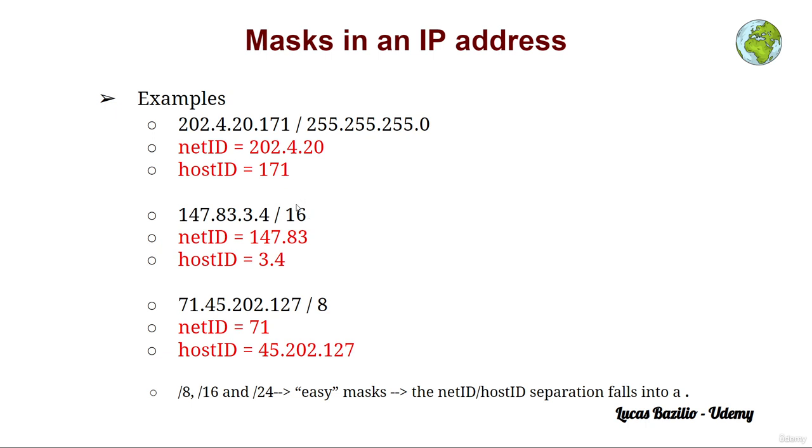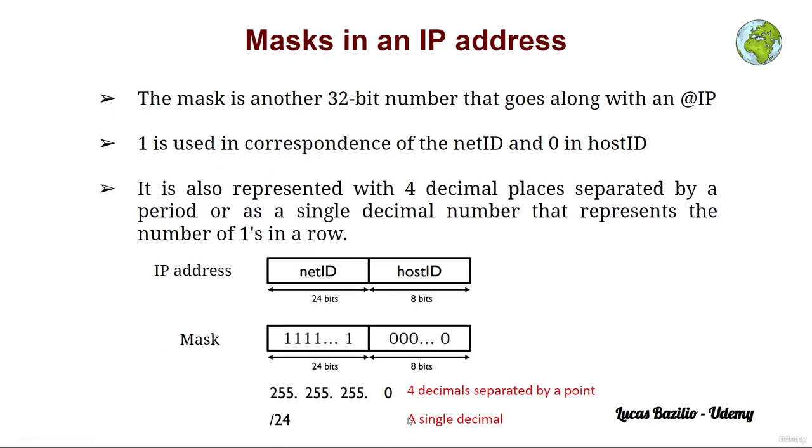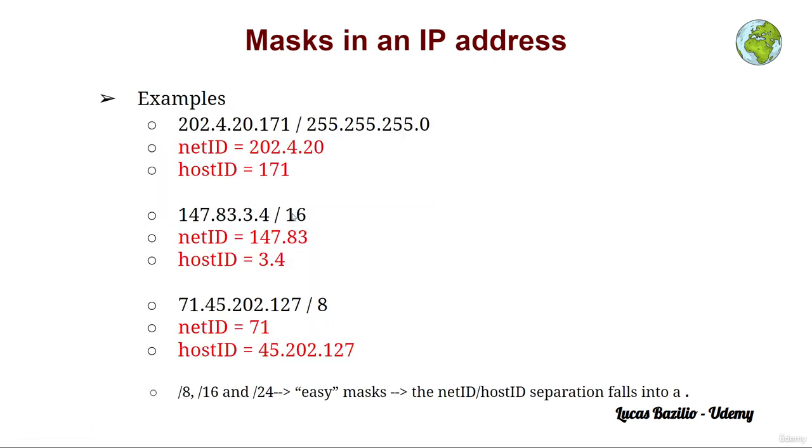Now note that we're using here the notation where we represent the number of ones with a slash. This number here represents the number of ones in a row. So here we have a total of 16 ones in a row. This means that we will select the first 2 decimal numbers, because each decimal number is 8 bits. So this is 8, this is 16. So we will select this first number, 847, and this second, 83. That's why the net ID will be this one, the first 2 decimal values,